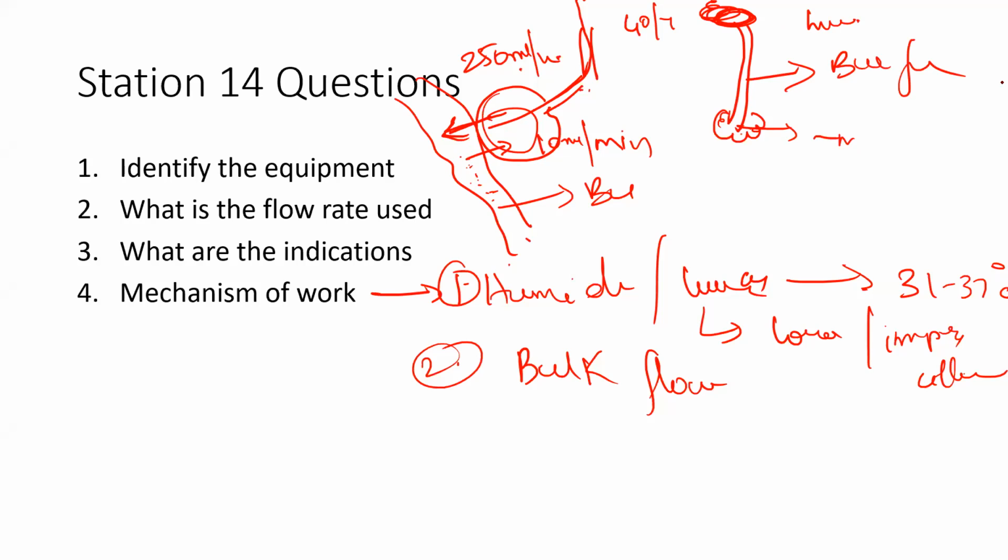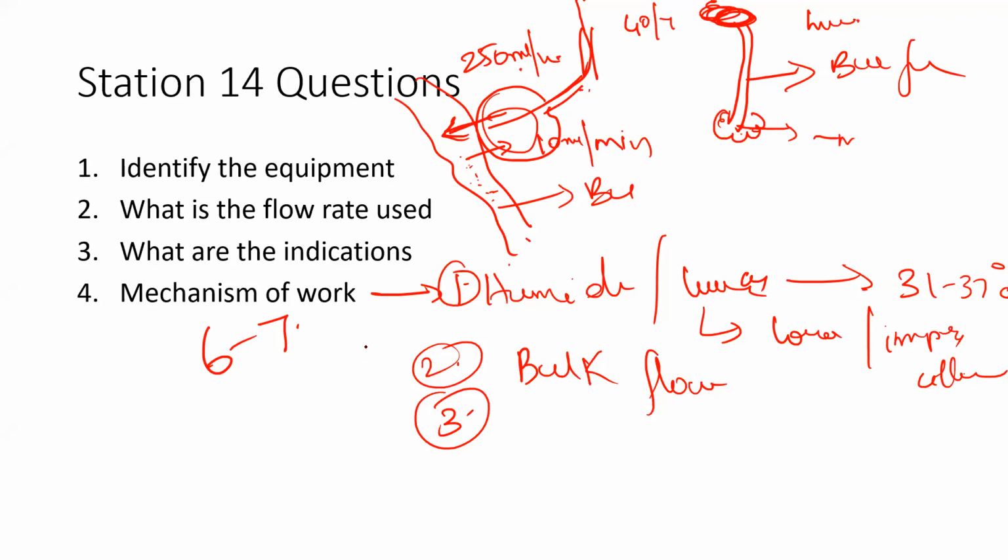This is one of the most important mechanisms of oxygenation in patients with high flow nasal oxygen therapy. So bulk flow movement is because of this pressure gradient created. So when you use a high flow nasal oxygen, this 40 to 70 liters creates a huge positive pressure in and around the nasopharynx. It creates a PEEP of 6 to 7.